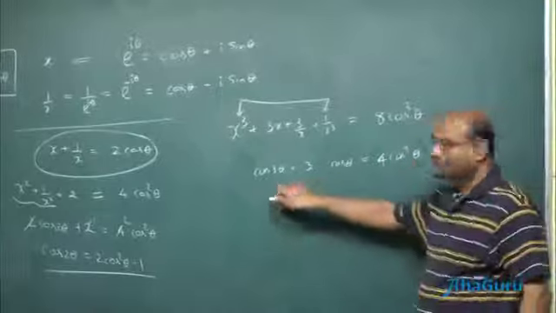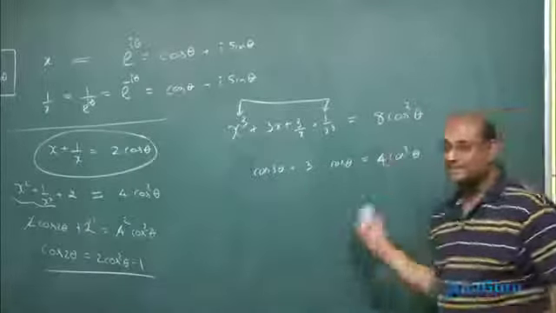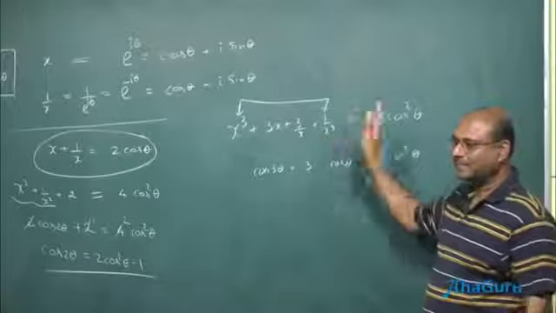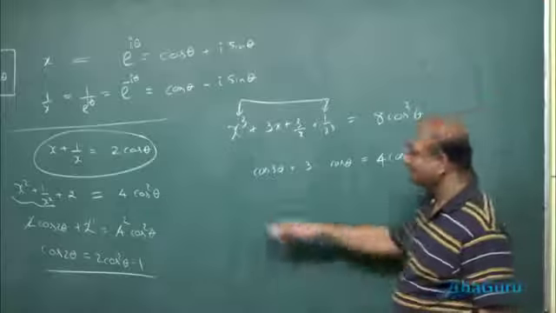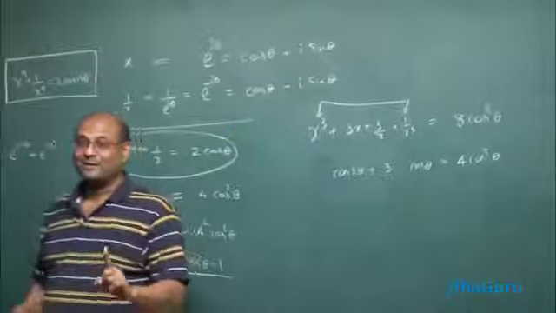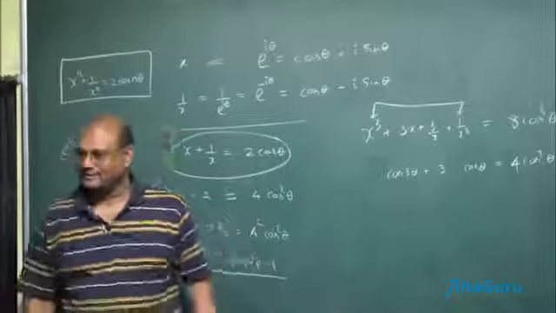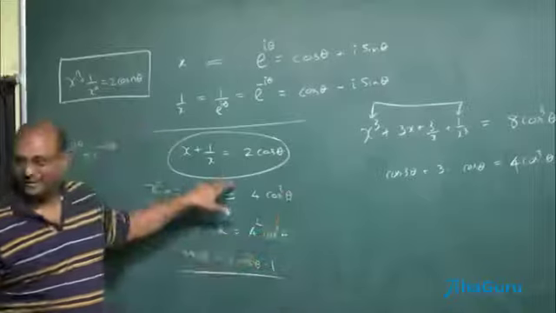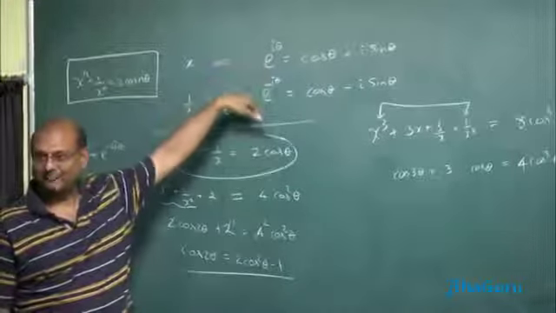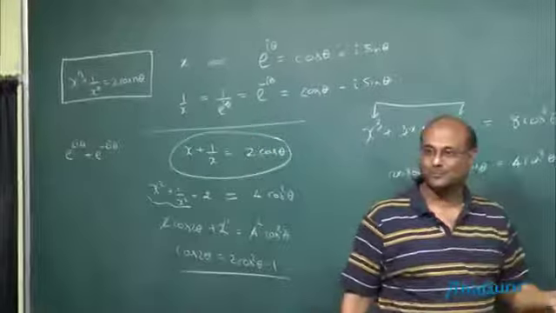So now you can remember the formula. Cos 3 theta is 4 cos cube theta minus 3 cos theta. And if you forgot the formula, just write this and expand it and cancel it out. Of course, you do need to remember this, but the point is you are remembering one thing for 2 theta, 3 theta, 4 theta, 5 theta, 25 theta. There's only one formula that you need to remember. And it's not even a big formula, just remember e power i theta, e power minus i theta, and you are done.